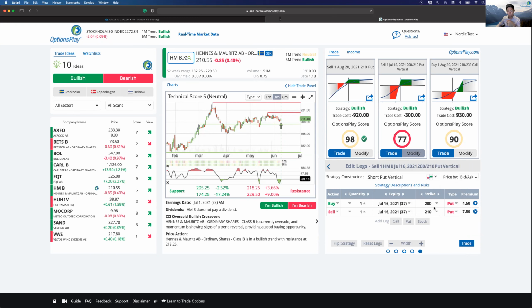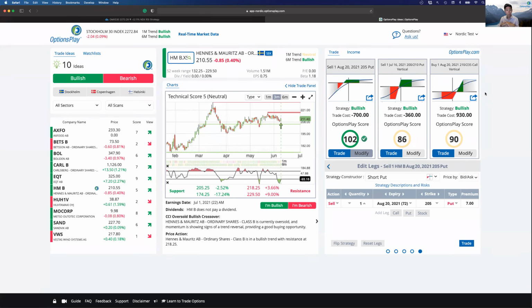So let's say I choose the 210 to 200 put spread here. As you can see, I'm collecting 360 crowns on a 10 crown wide credit spread. That's about 36% of the width versus buying a debit spread. So maybe these are the 3 strategies that we can compare. Selling a put option, maybe I'll sell a 205 put versus selling a credit spread versus buying a debit spread. Now,